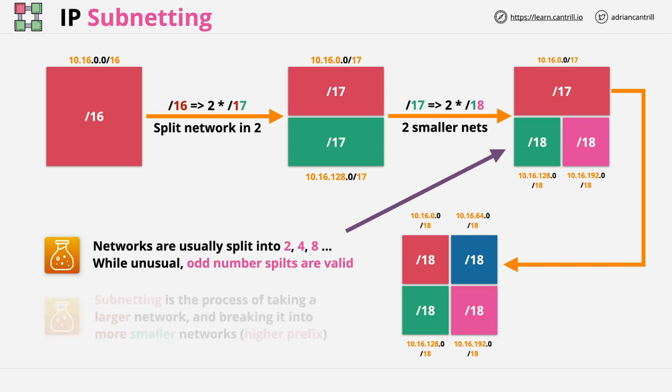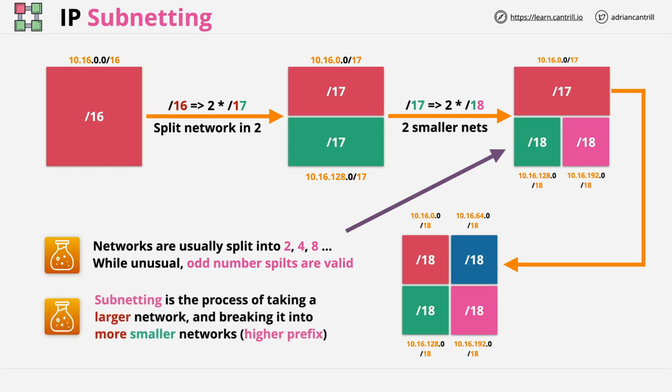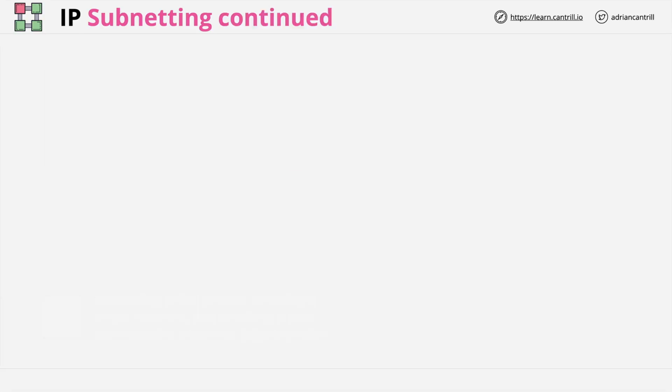Subnetting is the process of taking a larger network and breaking it down into more smaller networks, each of which has a higher prefix, which means a smaller network. So now that you know the high-level process, I've gone through it graphically, let's take a look at this in a little bit more detail before we finish. We're going to use the same example as before, only now with more detail. So we start with a /16 network,